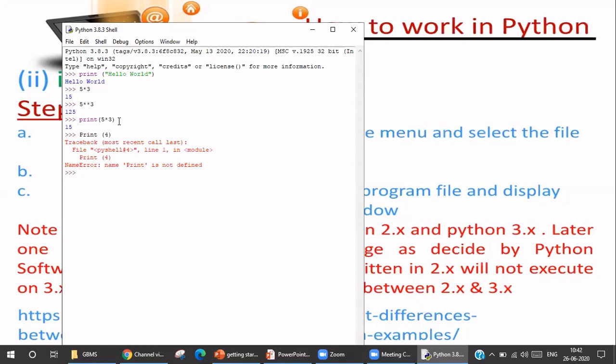We are now going to start with the script mode, and we are going to do many more programs in the next class. Homework till next class would be to install Python and keep it ready. Future onwards, all our classes should be taken on a laptop or a computer. If unavailable, you can take it on your mobile or tab or wherever, but you'll have to write down everything and practice it. I would prefer if you have a laptop or a computer where you can run the programs. Okay, with this I end today's class.